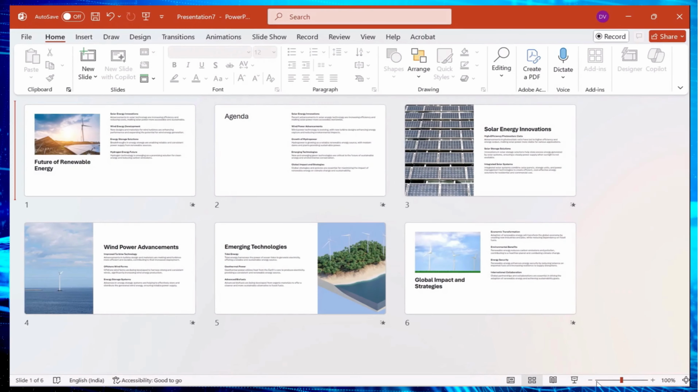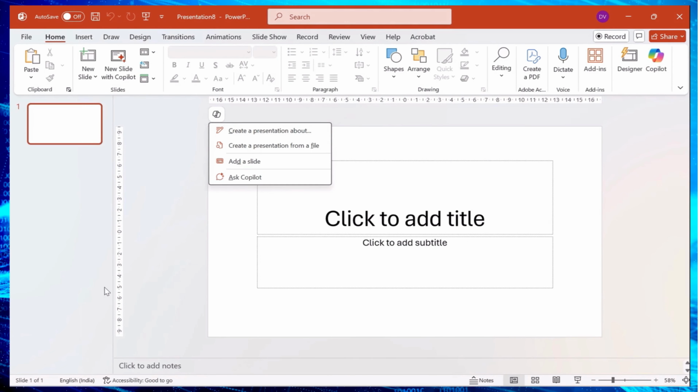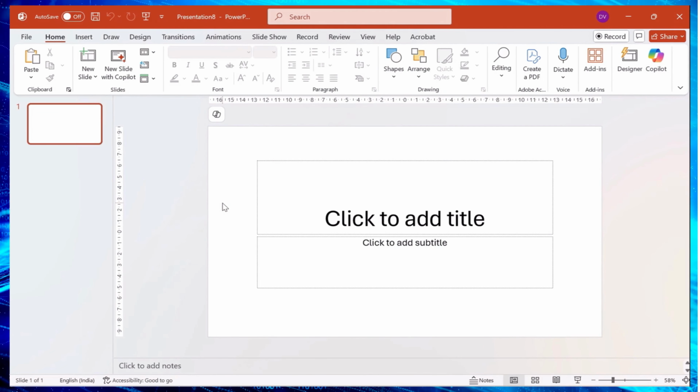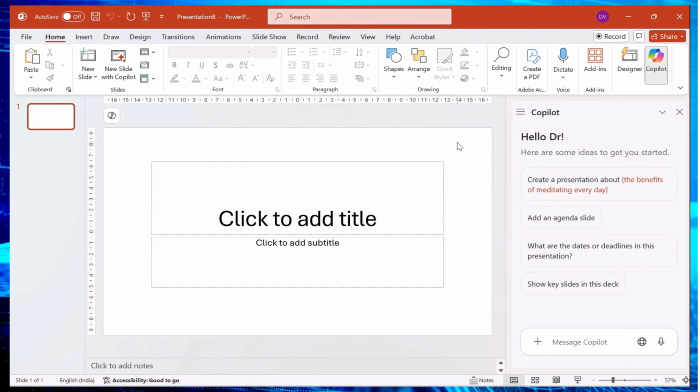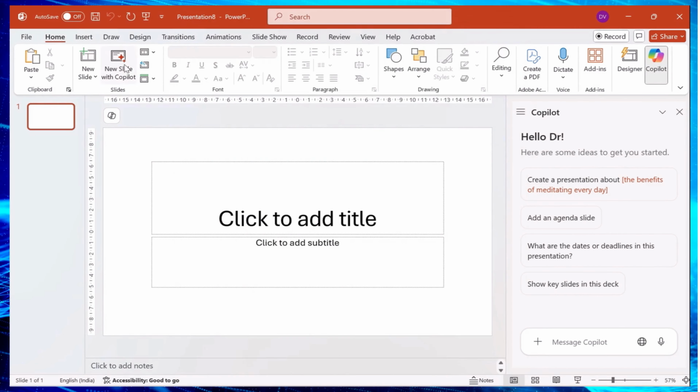Great. Now since we are talking about the second example, let me just press Control N here, and this is the new blank presentation for me. And here you see the easy starter guide for using Copilot in presentation. So 5 steps we have followed. We clicked on PowerPoint, and then we simply clicked on the option called Copilot, and as soon as you click on Copilot, you receive a message from Copilot.